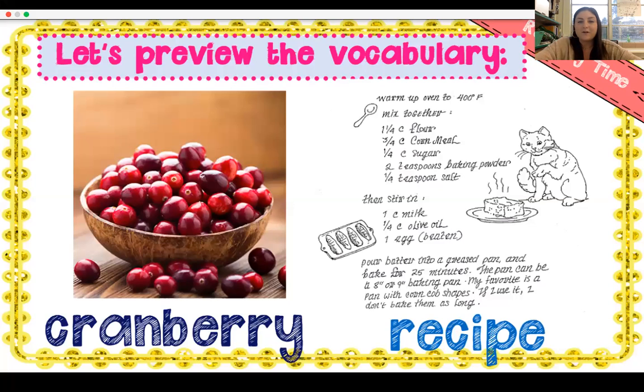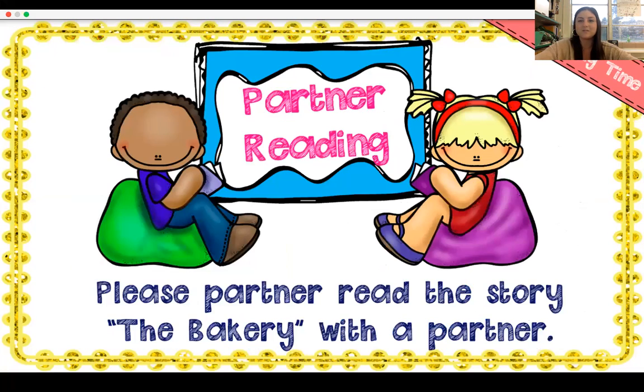Okay, let's review some vocabulary. Here is a cranberry recipe. We have our fruit, cranberries. They're red, they're small, they're a berry. They're not my favorite, but people really like them. All right, and the next word is a recipe. Recipe lists out the ingredients that you'll need to make something and the steps that you will use to